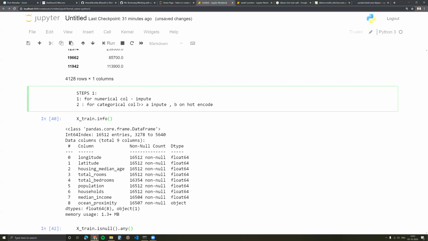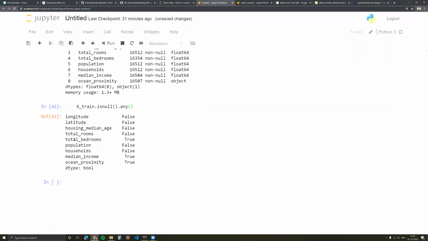Now, to make our program a little more robust, let's say impute, what is the strategy we want to use? We see our missing values come from total bedrooms as well as median income. Now, my hunch is total bedrooms is usually a round number.